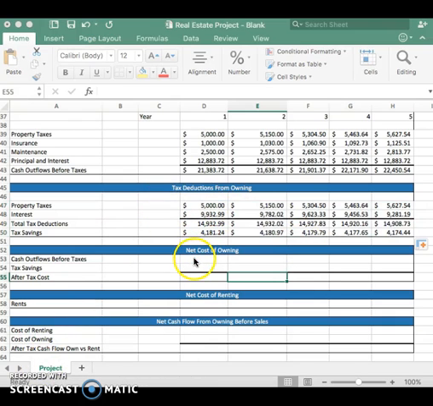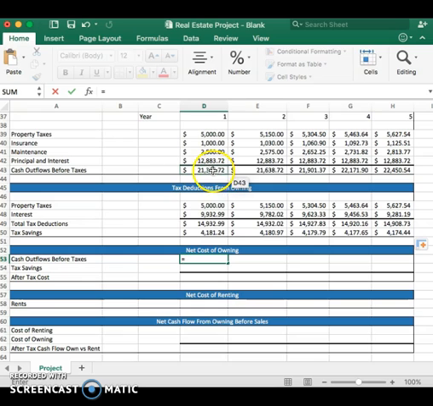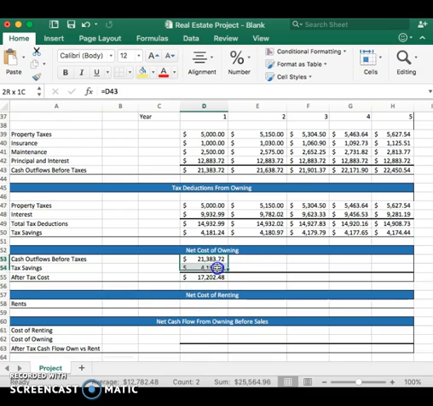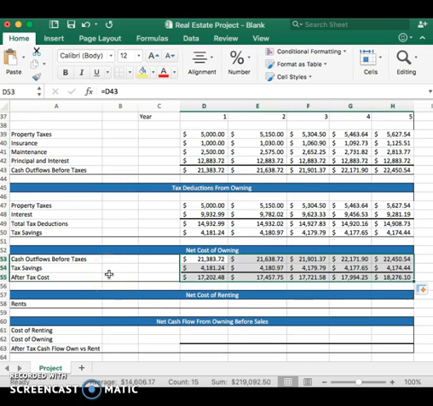Next table is the net cost of owning, and our first block will be the cash outflows before taxes, which can be found right here at D43. And then we take the tax savings, which we got above right here, and then the after-tax cost is done by taking the difference between these two numbers, and that gets you 17,202, and then we can just copy that over,